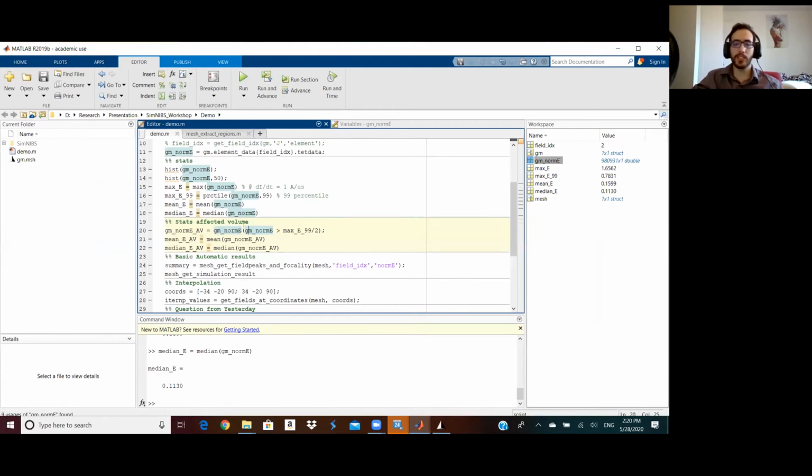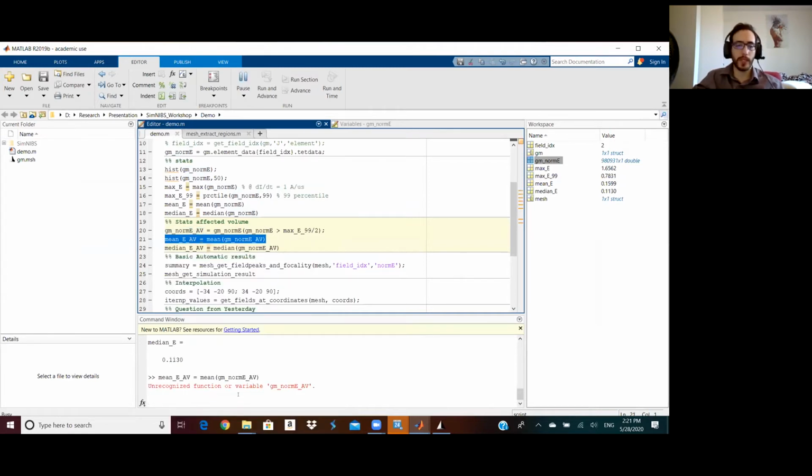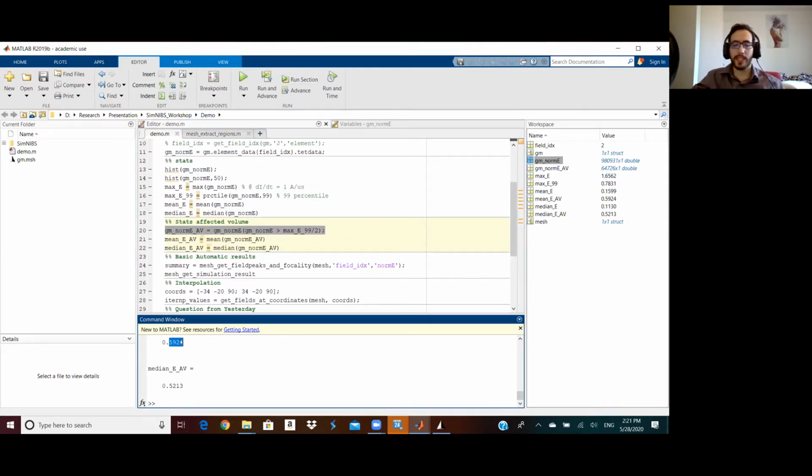I can easily specify to get the index for the values that are higher than a certain threshold, and record those values and put them in gray matter norm E affected volume. And I can calculate the mean, for example, of this affected volume here. Oh, sorry. And if I calculate it, we see that 0.6 volts per meter is the mean of the